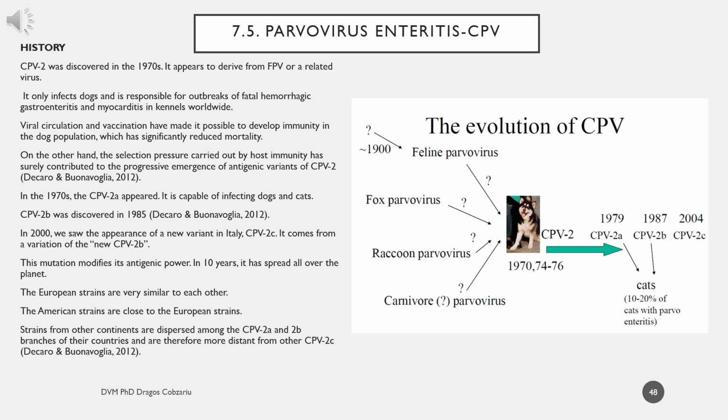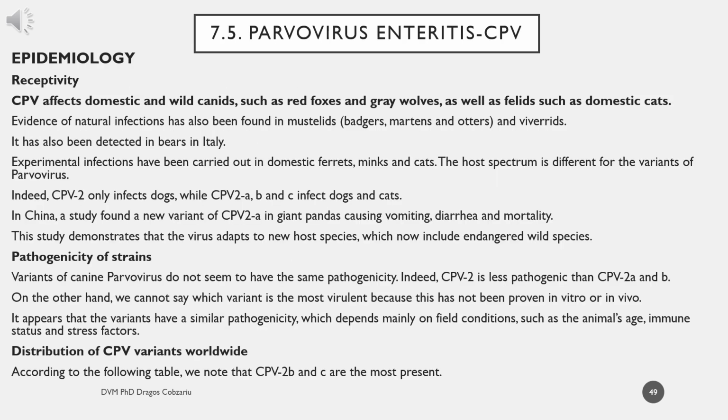The European strains are very similar to each other. The American strains are close to the European strains. Strains from other continents are dispersed among the CPV2A and 2B branches of their countries and are therefore more distant from other CPV2C. Receptivity. CPV affects domestic and wild canids, such as red foxes and grey wolves, as well as